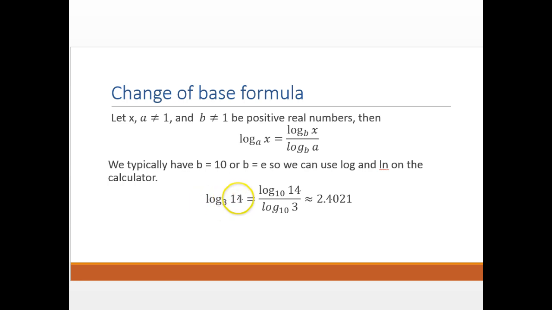Log base 3 of 14 is the same as log base 10 of 14 over log base 10 of 3. This becomes 2.4021. We can plug this back in. 3 to this power should give us 14. But again, we cannot do this original problem initially because we do not have a base 3 on our calculator. Therefore, we have to use the change of base